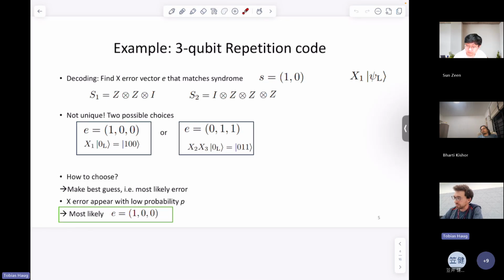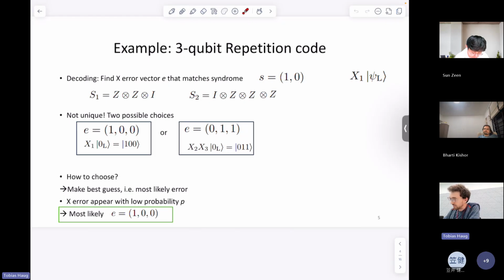Okay, so for this, we now take the... so this is now what we call decoding. We're trying to find what error, the error vector, the error that's happened, by looking at the syndrome information that we have. So as I mentioned before, the syndrome information is only circumstantial information, and this becomes obvious now very